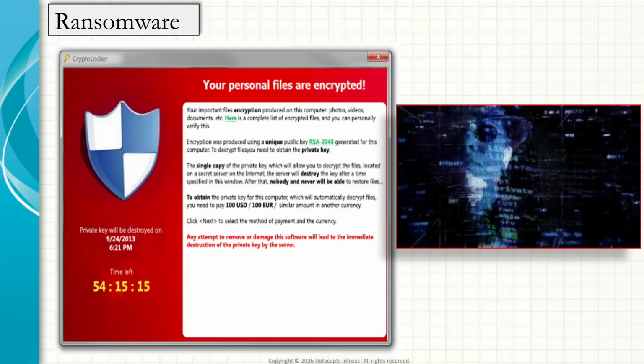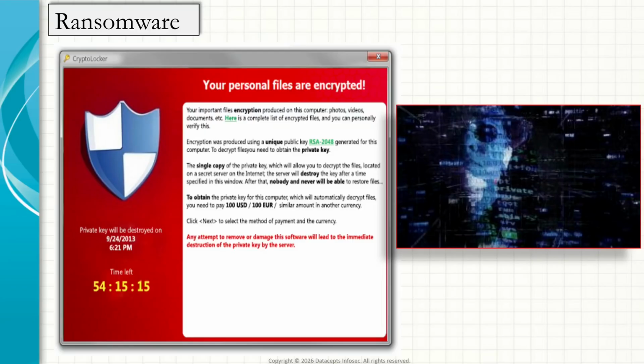This countdown tactic is psychological warfare because victims are less likely to think rationally when they believe permanent data loss is only hours away. Time left 54:15. The countdown timer strengthens the urgency even more. It is not only a technical message, but also a pressure mechanism designed to make the victim act before consulting IT teams, law enforcement, or recovery specialists.